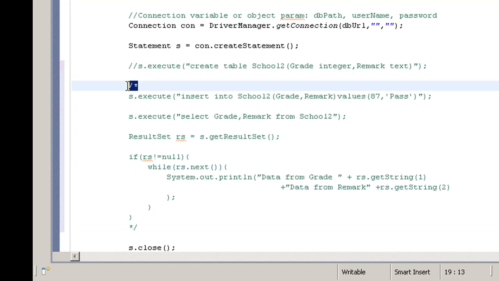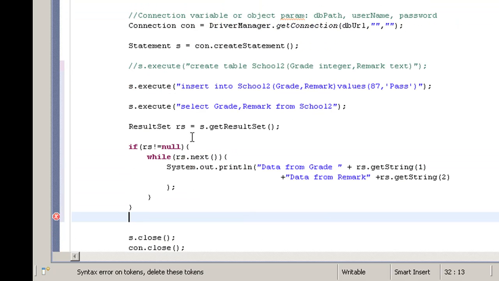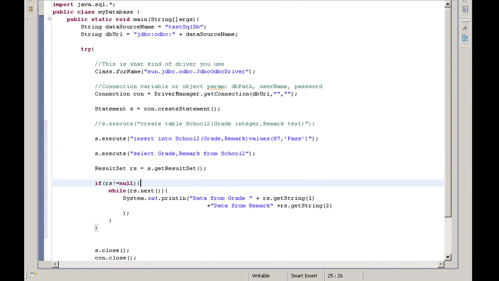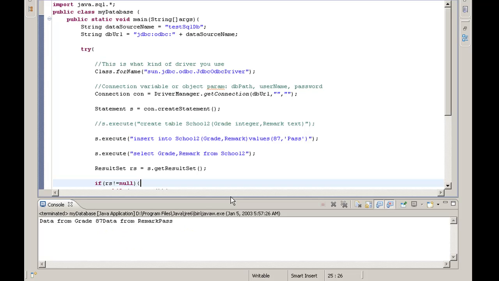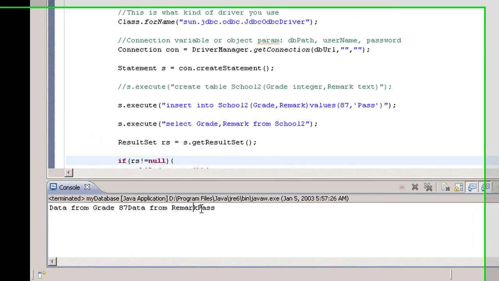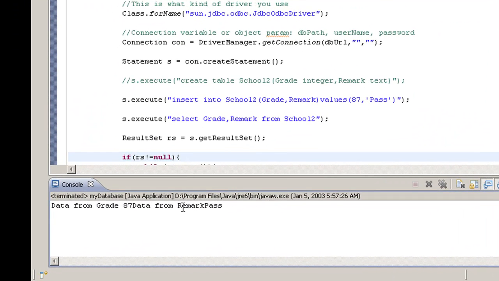So here insert data. The data will be 87 and fast. So here, okay, we will run this and it displays a prompt, data grade from 87 and data remark fast.